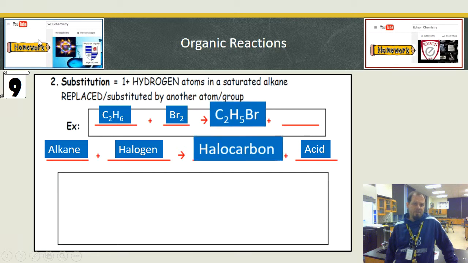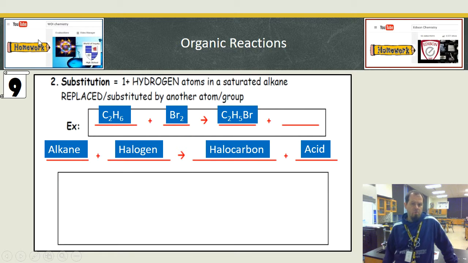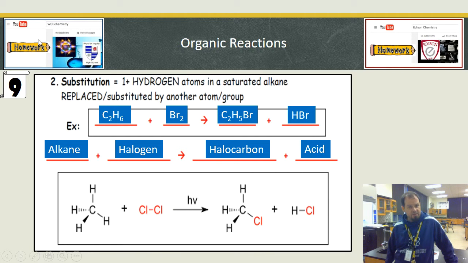And then I'm going to make this, notice there's only 1 bromine in there instead of 2 like in the last one. And I'm going to make HBr, hydrobromic acid. Okay, and here's a picture that, yes, you do need to draw. And you see I have this 3-dimensional